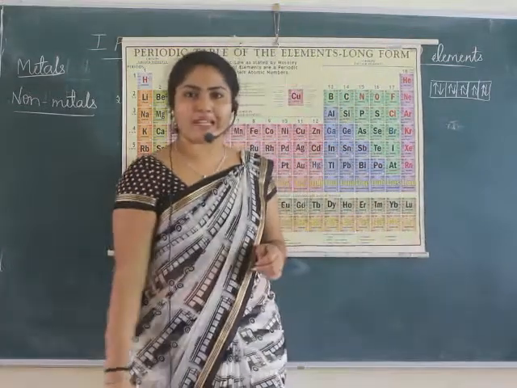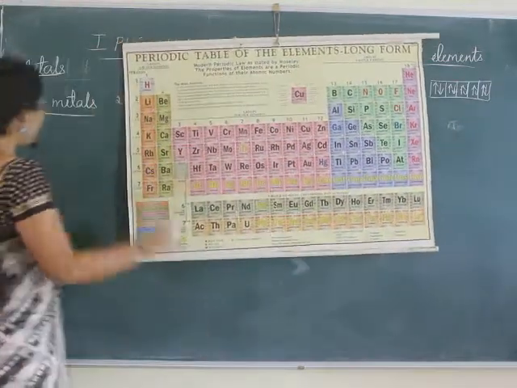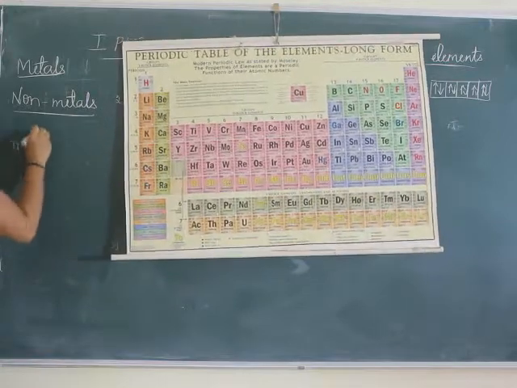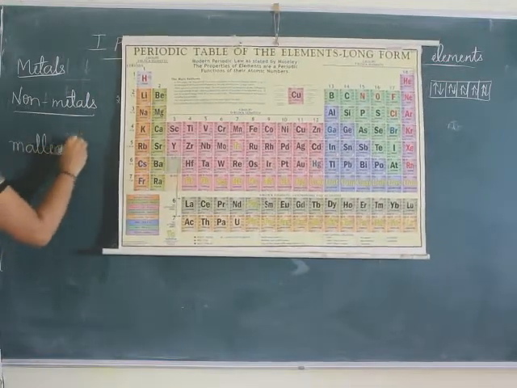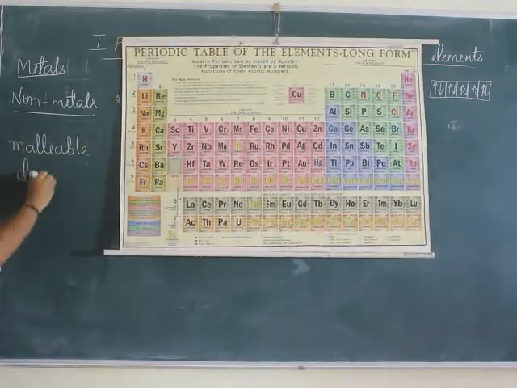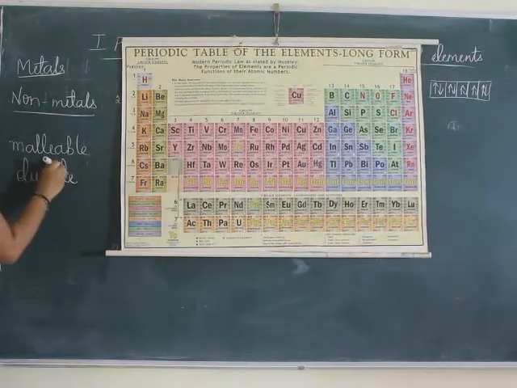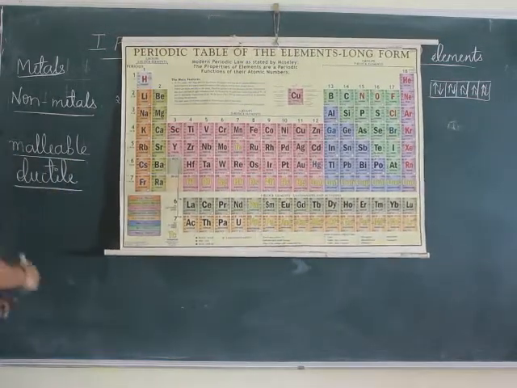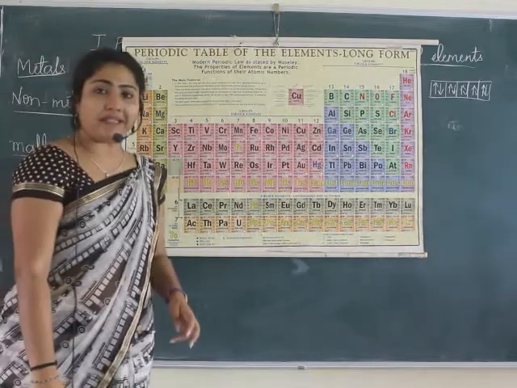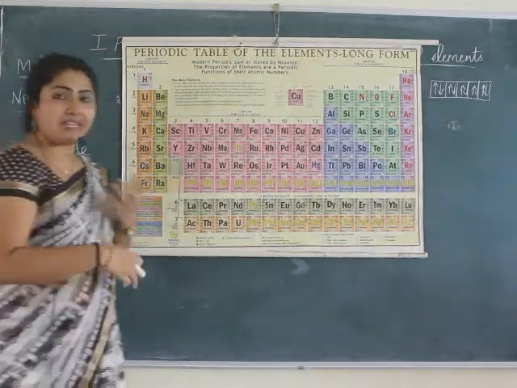Do you know what is malleable and ductile nature? If the elements are malleable and ductile, we call them as metals, and they have shining